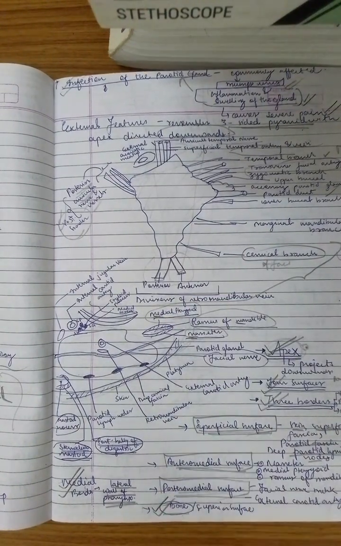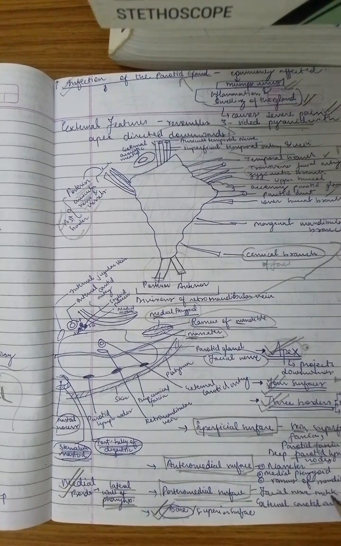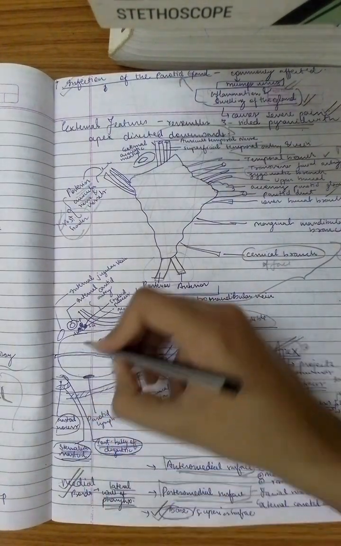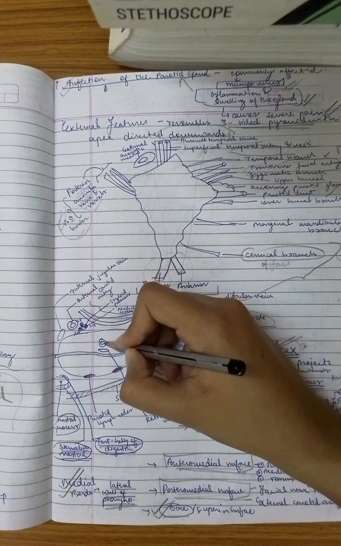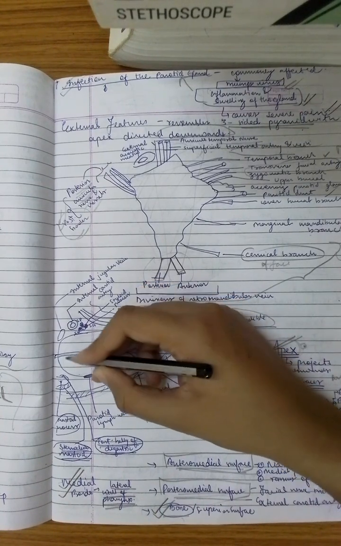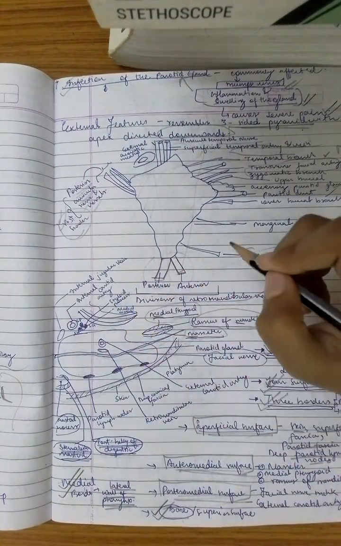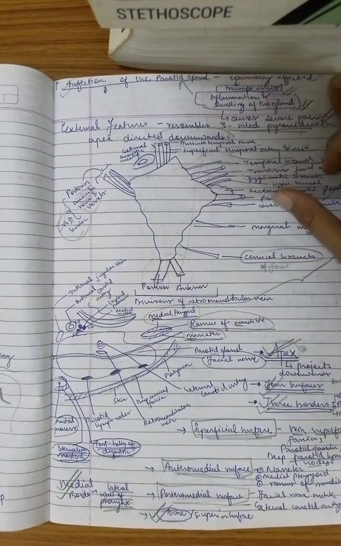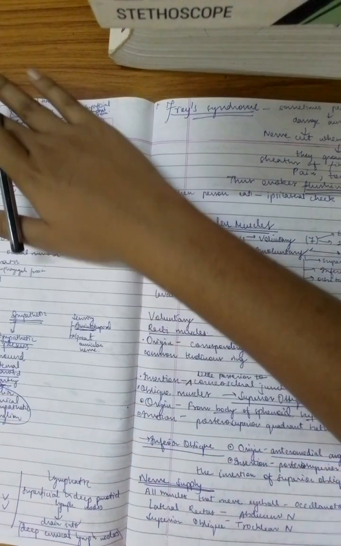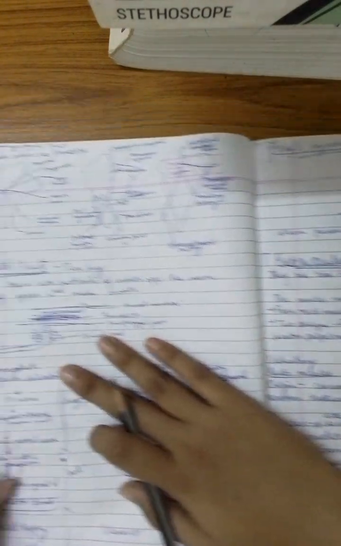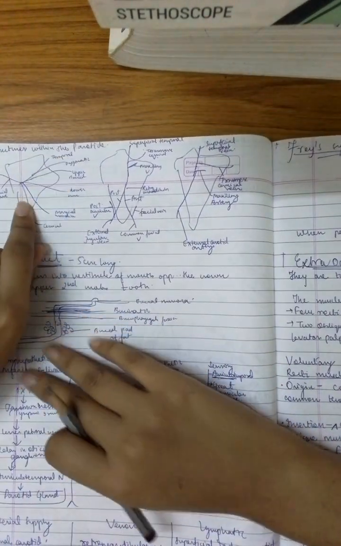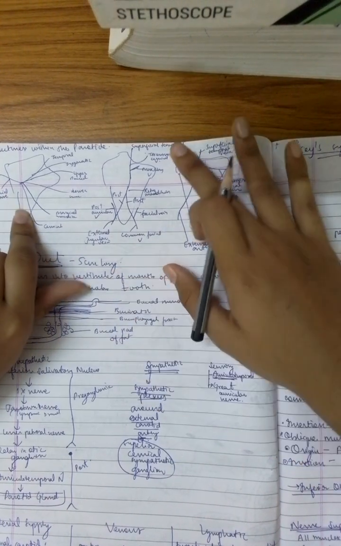Then comes the posteromedial surface, which is related to the facial nerve trunk and external carotid artery. As you can see, this is the external carotid artery, this is the retromandibular vein, and this is the facial trunk. So that is related to the facial trunk and external carotid artery. So these are the relations of the parotid gland, and these are the structures within the parotid gland, about the facial nerve,